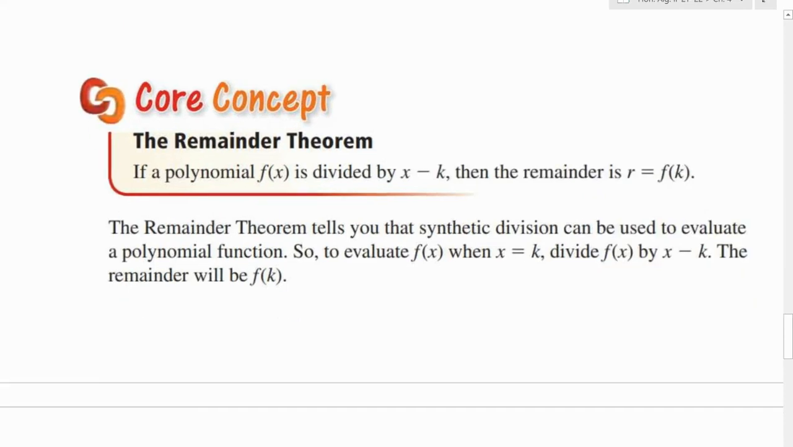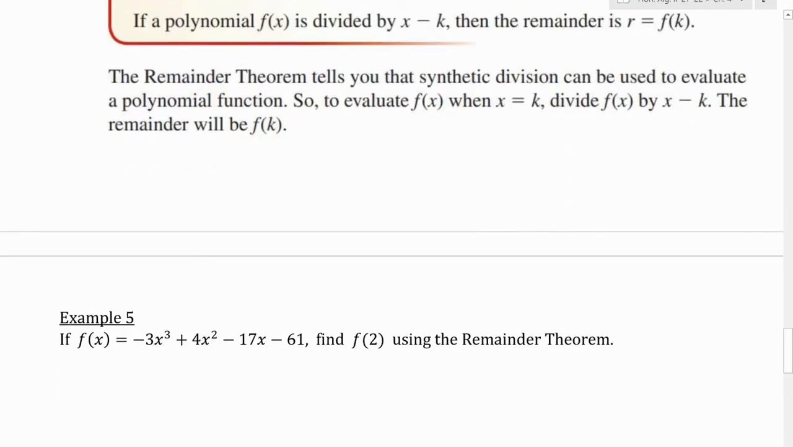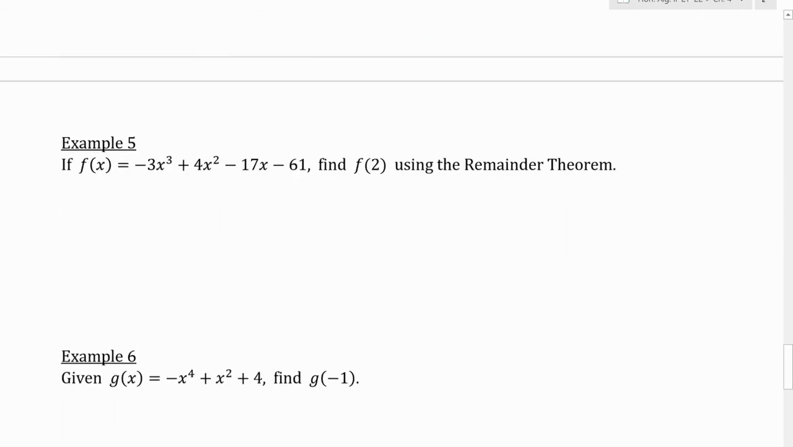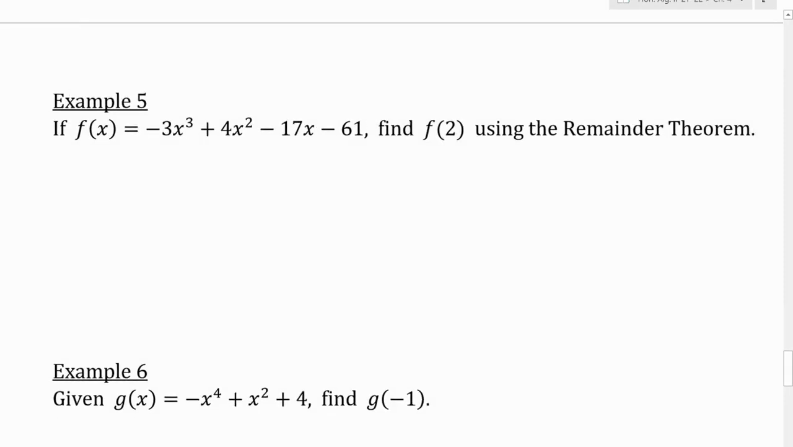If you just want to evaluate a function, then you can just plug in what makes what you're dividing by 0. And then the remainder is, well, let me rephrase that. It's going to be hard to rephrase it. Let me do one and I'll show you. There's 2 ways of evaluating this function. If I want to know what f of 2 is,